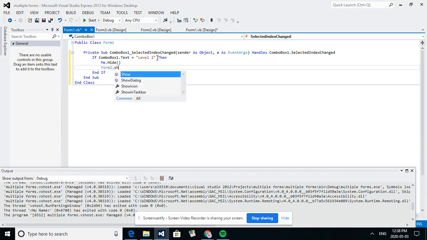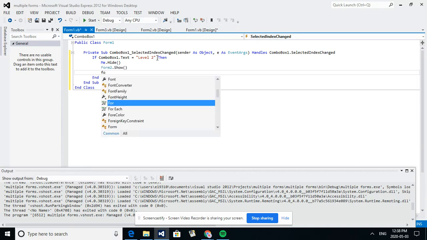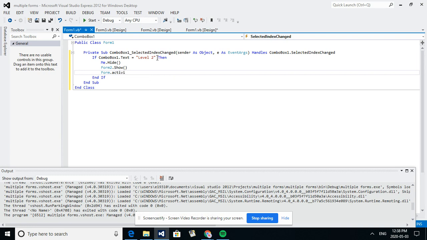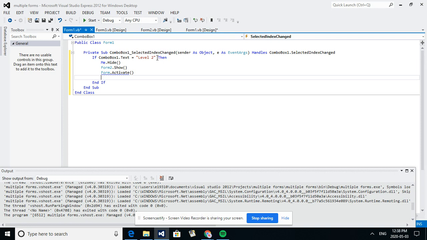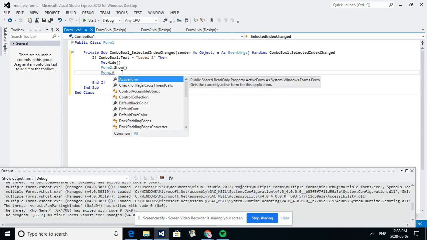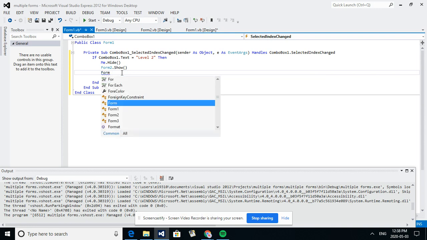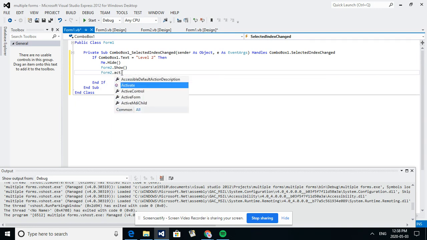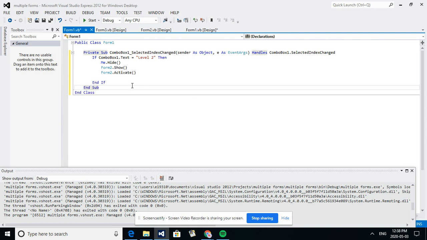form2.show, form2.activate. Spell that right. No, I didn't spell it right. Activate. Form2.show. Oh, it's form2.activate. There it is. I didn't have the 2. So what we're asking here is that you shut off form 1, show form 2, and make sure it's activated. We can carry this if statement on, or we can make another if statement if you want,